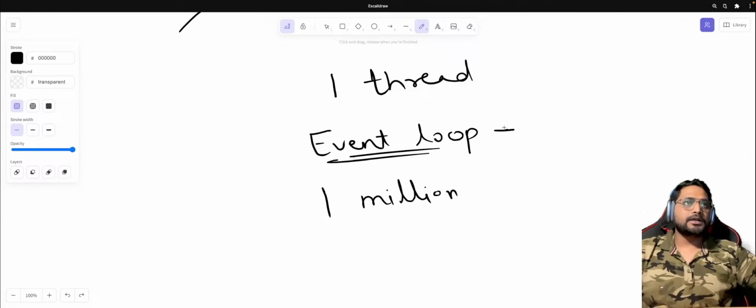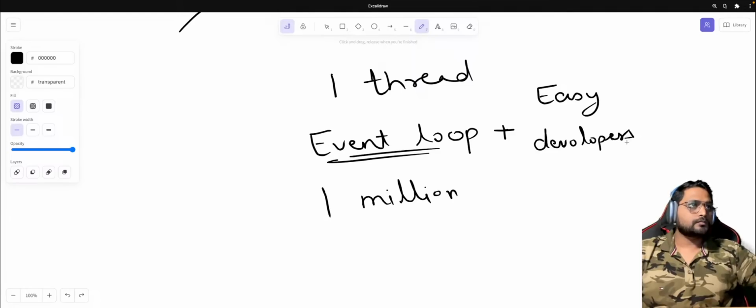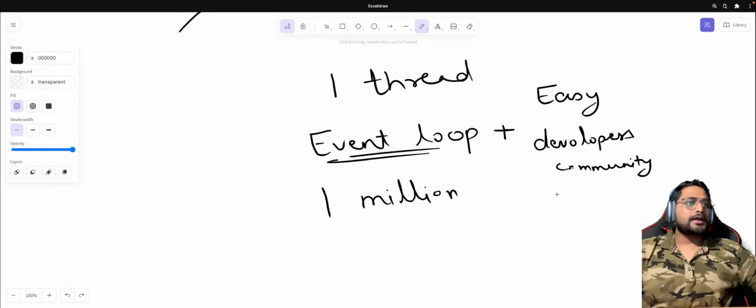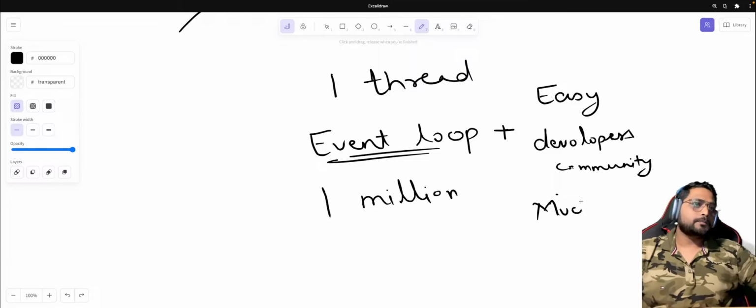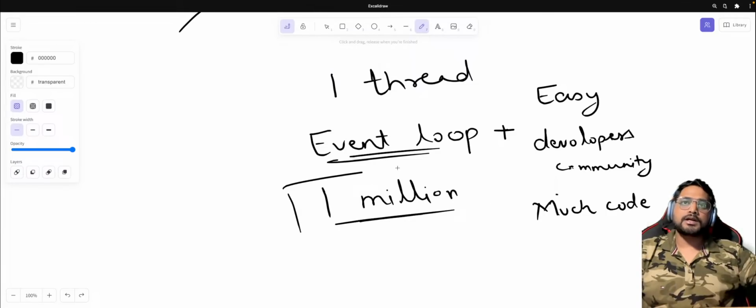On top of this event loop, JavaScript is very easy to understand. Okay, it already has a very good developers community. Okay, and we did not need much code. The code itself we need to write very less to handle 1 million users. It is doing this under the hood,